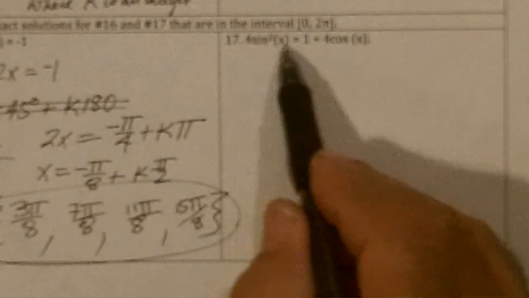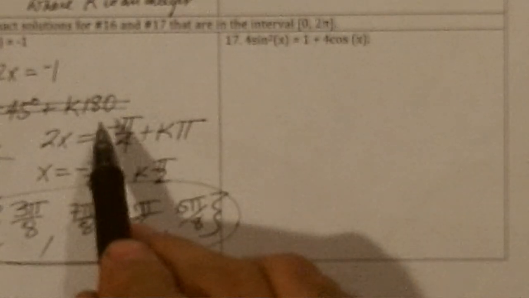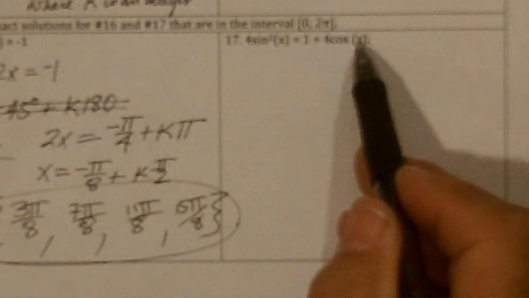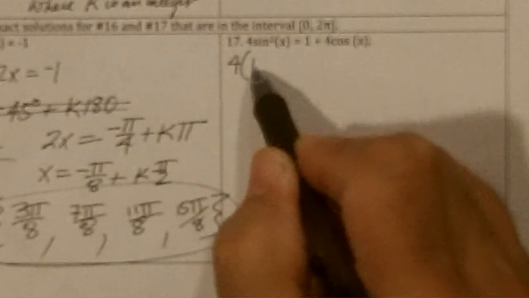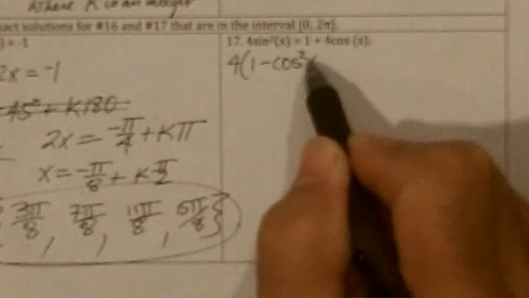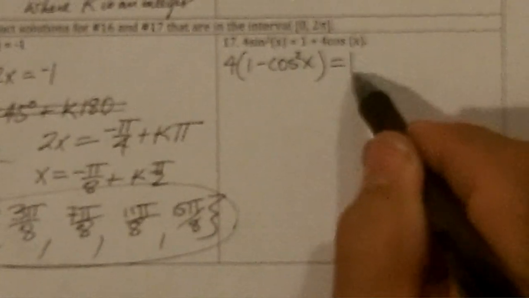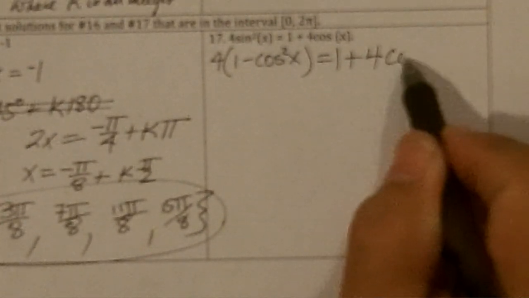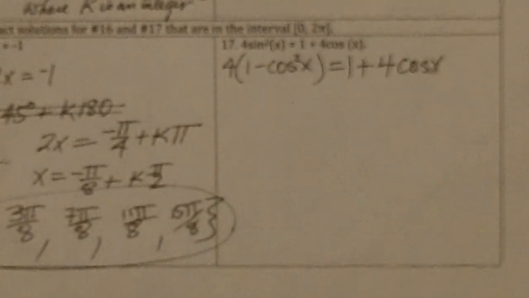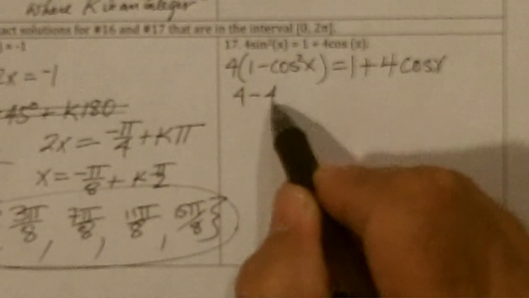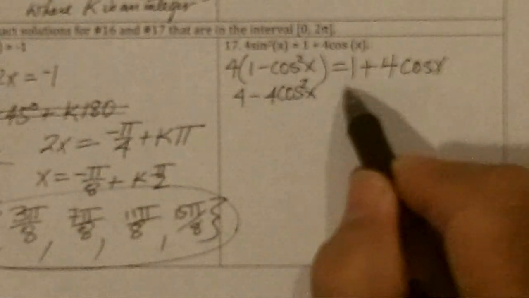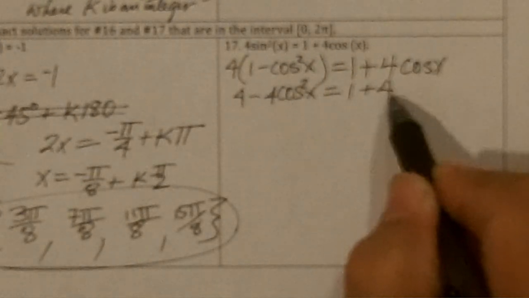And finally, the last one. So we've got sines and cosines mixed up here, so it's hard to change just a plain cosine, but it's easier to change the sine squared. So we're going to replace the sine squared with 1 minus cosine squared x. And so I can distribute the 4 and I get 4 minus 4 cosine squared x equals 1 plus 4